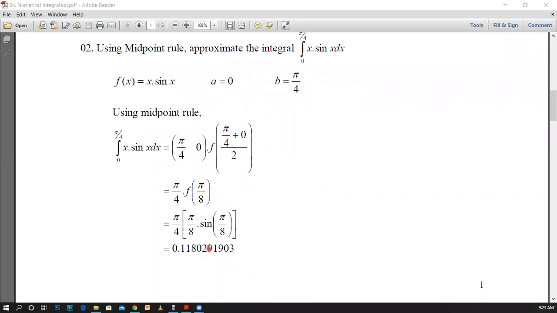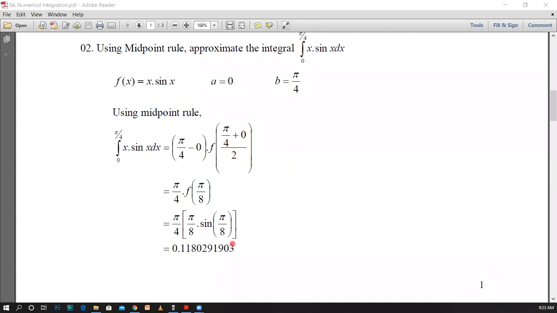0.1182028029190. And one thing you have to pay attention to, because here you are using a trigonometric function. Since you are using trigonometric functions, definitely you have to convert your calculators to radian mode initially. Otherwise, the calculations may be wrong. It is because normally these values are different from the degree measures. Okay, this is the midpoint rule and how we are using the midpoint rule.